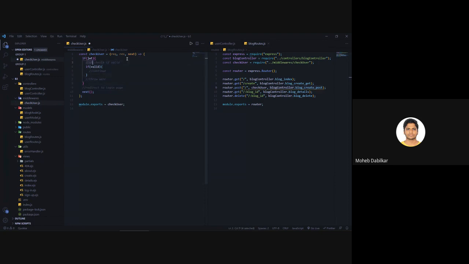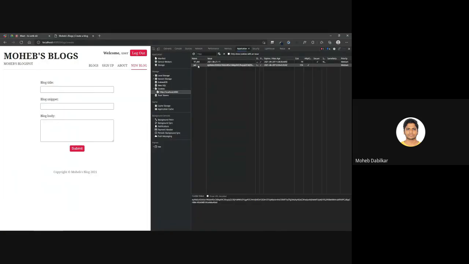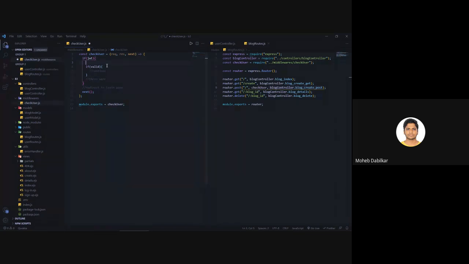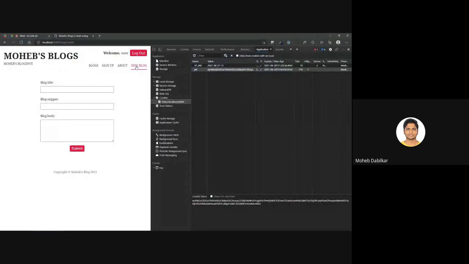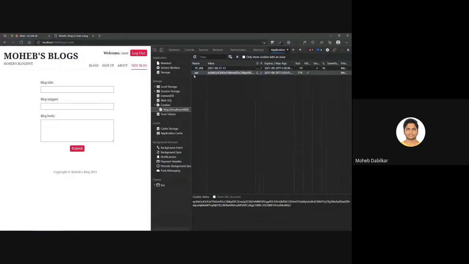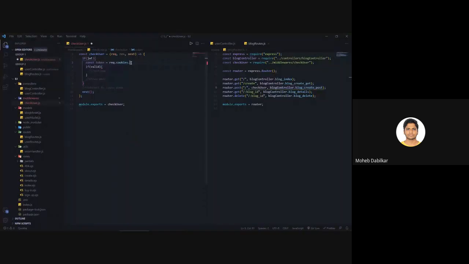So what we will do is, if we need to get our token, so we need to get our jwt. I will say const token equals request.cookies. Cookies come with our request. Every time a request is made, we will be accessing our jwt cookie. Let me make this bigger so you can see. So we have this jwt cookie, so I will say request.cookies.jwt,